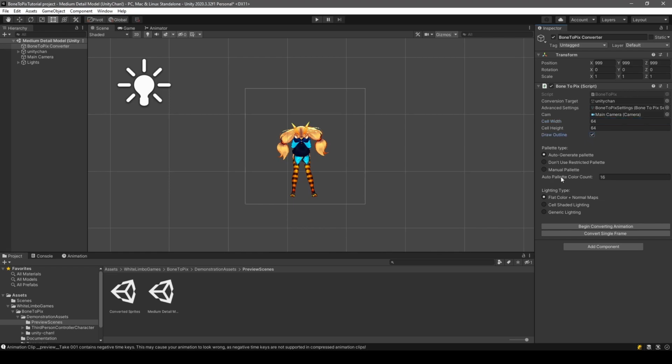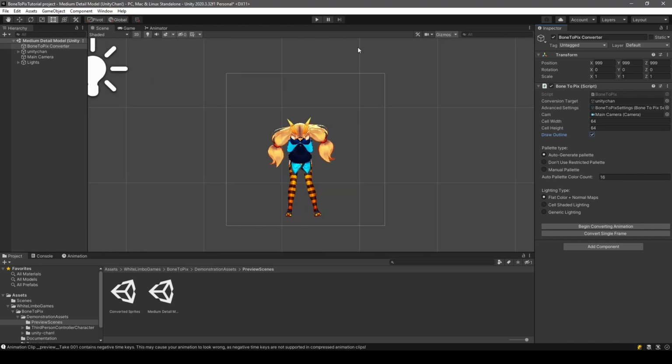And then there's a few settings for palette type. As you know, pixel art, generally speaking, uses a limited palette of colors in most styles, and BoneToPix accounts for that. We've got a couple of options. One of them is we can just auto-generate a palette based on the colors of the model. BoneToPix is just going to pick some colors that are likely to be good at representing the model you're converting. You can also choose to not restrict the palette, and then you'll get a sprite with a lot of colors, or you can enter your own palette in the form of a little 2D texture with all the colors that you want to use. In this case, I'm going to just use auto generate,